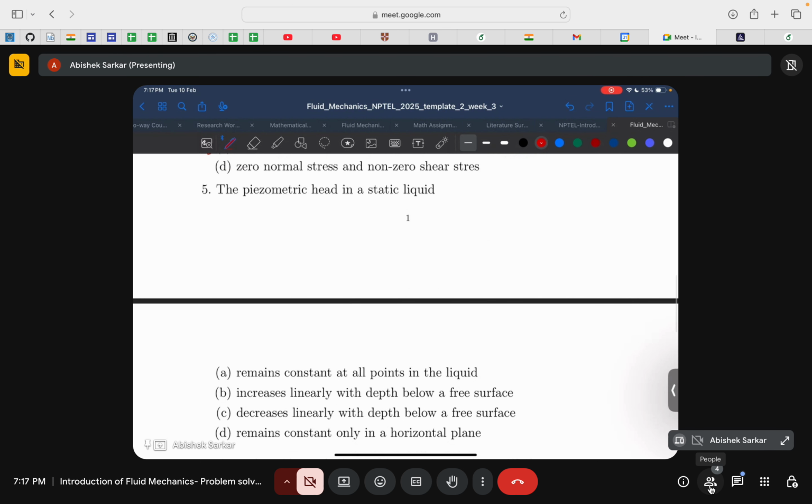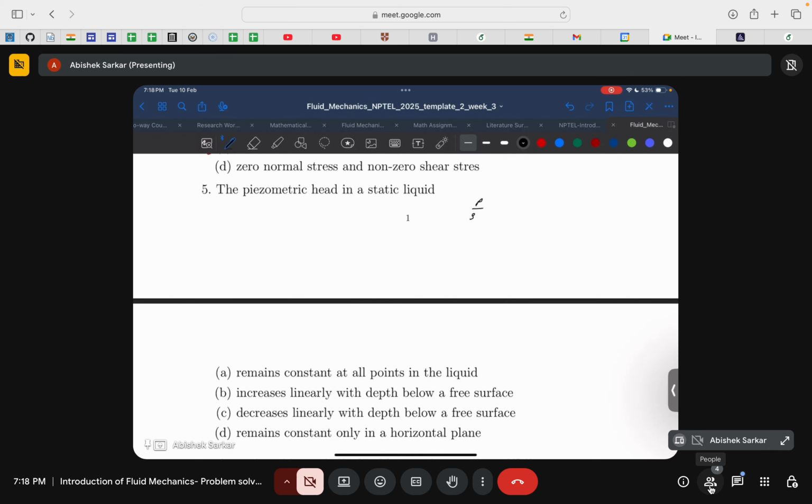So option number 5. It's very unfortunate that it is distributed into 2 pages, but the question is about the piezometric head in a static liquid. Again, just to reiterate, the questions are framed in a way that topics are not discussed first but jargon is thrown in beforehand. Sorry for that, but piezometric head basically means the sum of your pressure head,